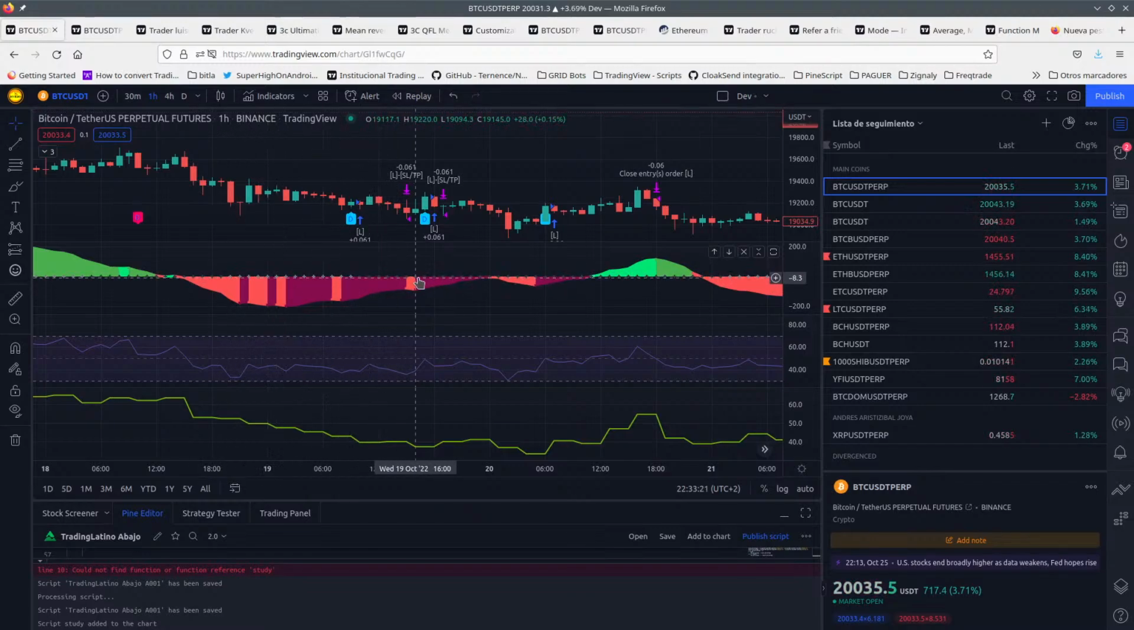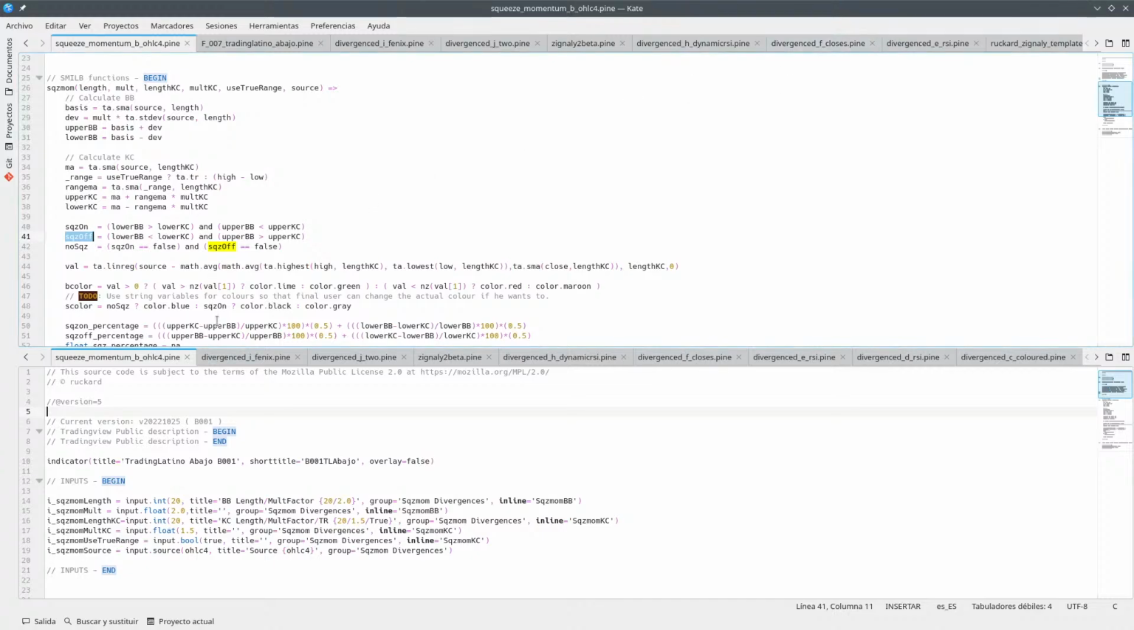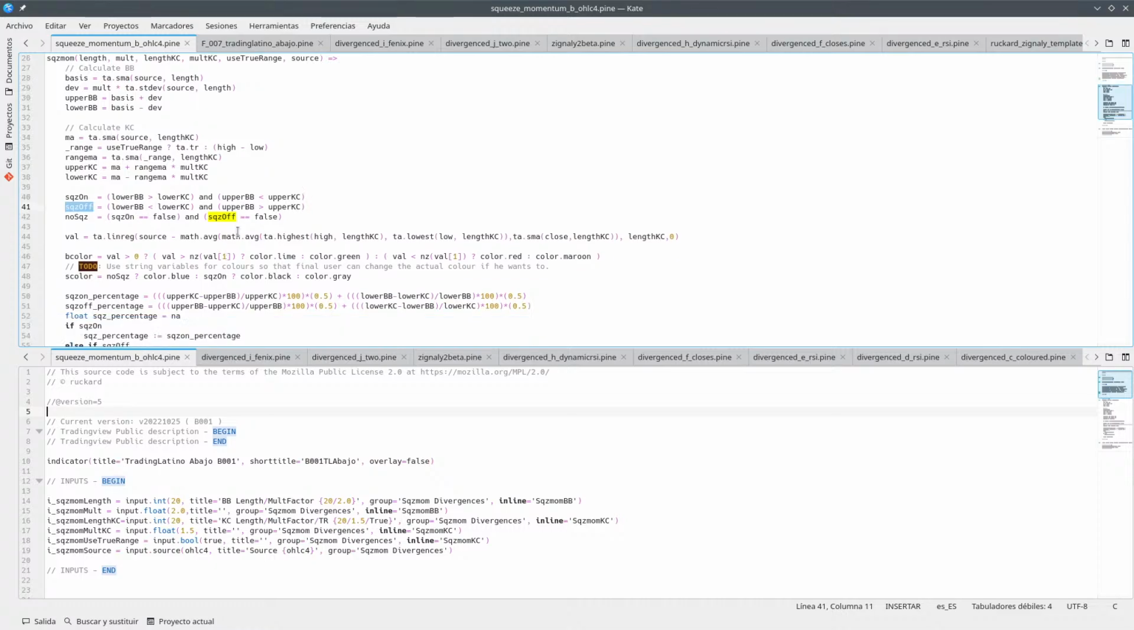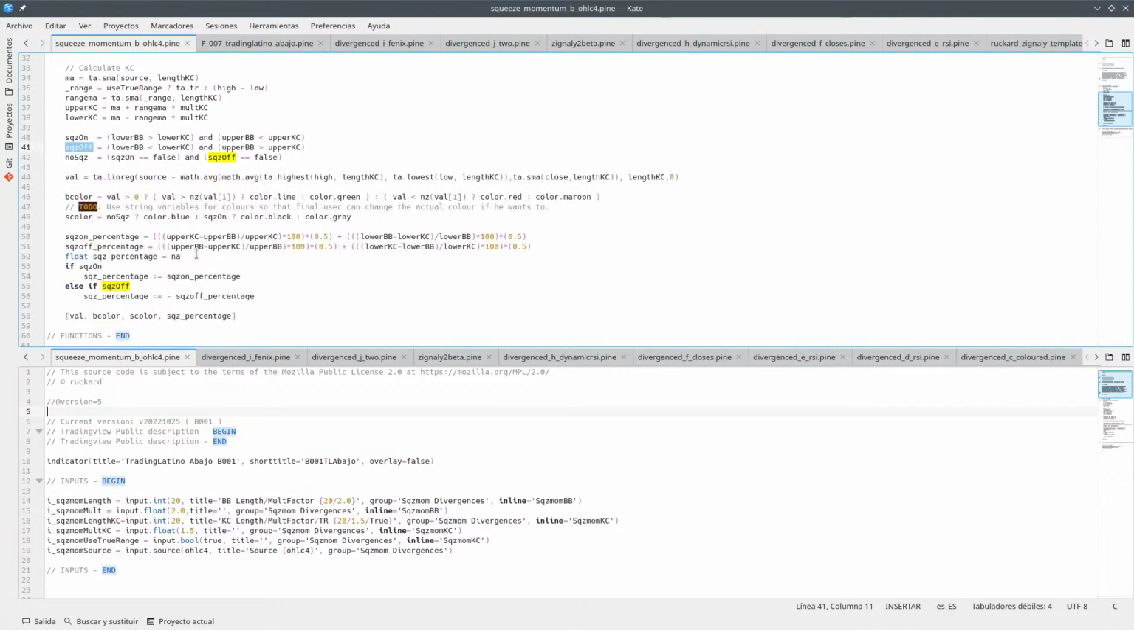So I don't want to modify the crosses because I'm not sure what to do with them, but I want to modify this val value so that it's smoother, so that it doesn't take close. So if you take a look at where is it? If you take a look at a squeeze on, a squeeze off, which is